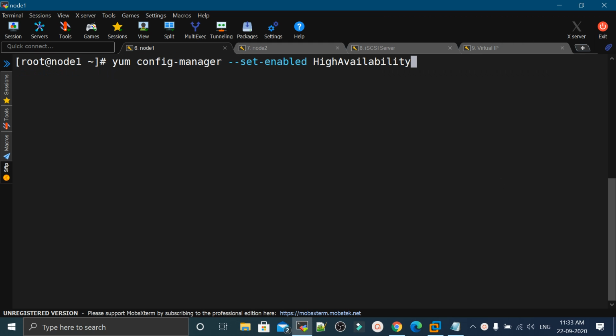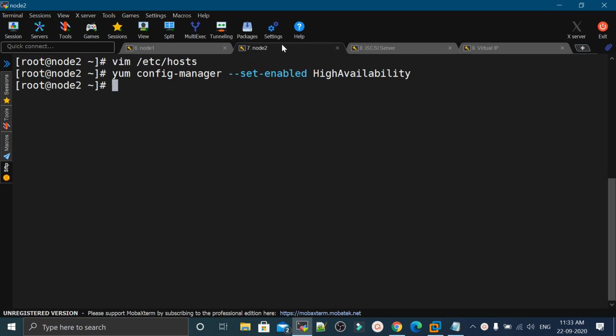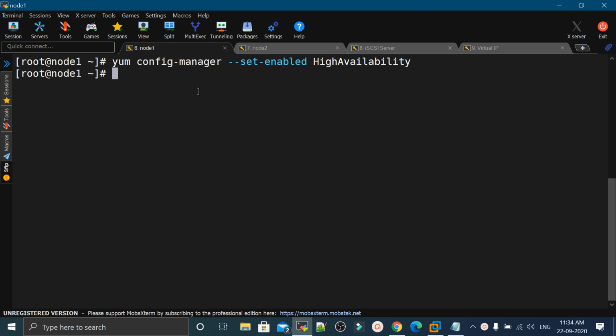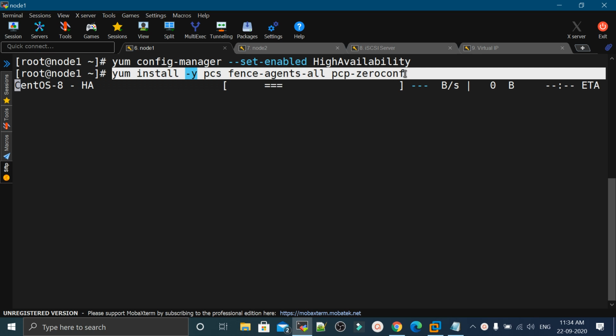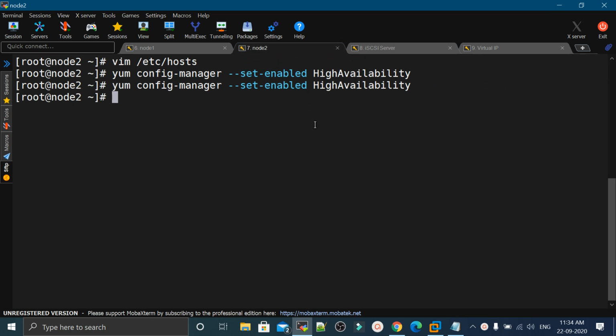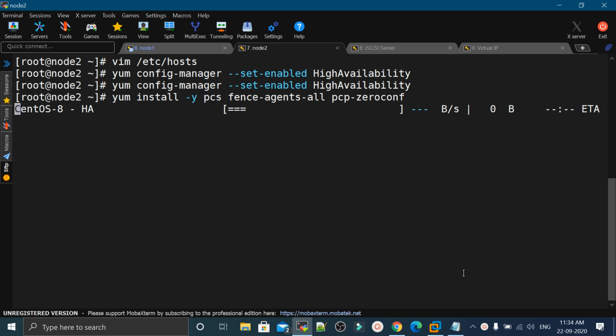Cluster packages are available in the high availability repository, so we will enable it with the help of the yum config-manager command on both the nodes, and after that we will install the packages: yum install -y pcs fence-agents-all and pcp-zeroconf. These are the packages that are required, so we will install these packages on both the nodes. Let me execute this command on node 2 as well, and this process will take some time,